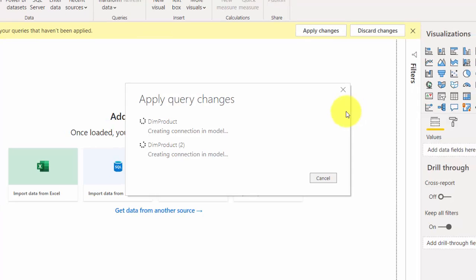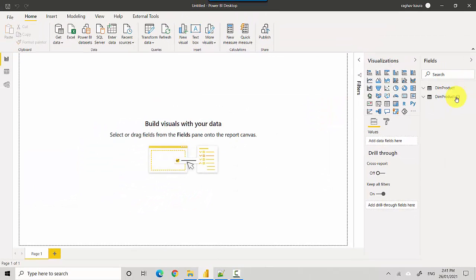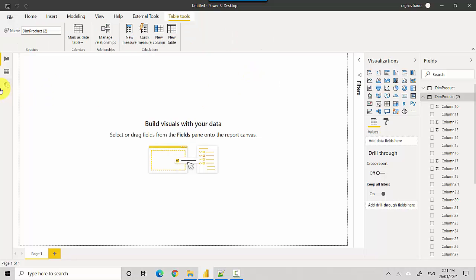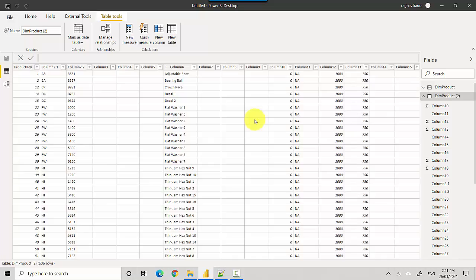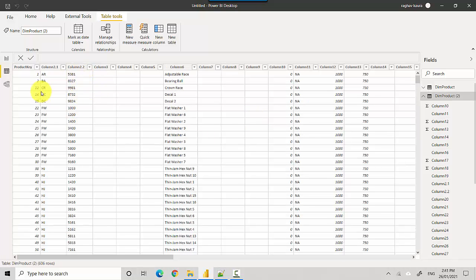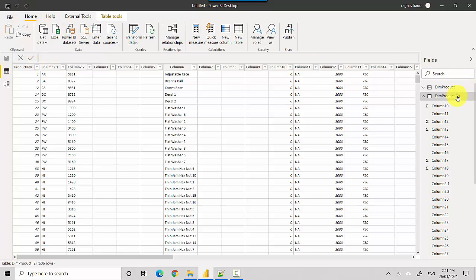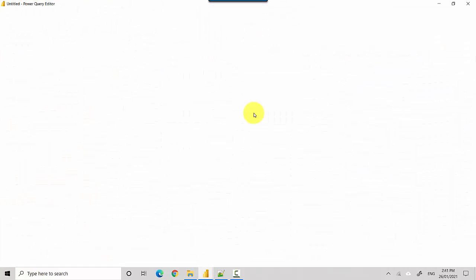So we'll just quickly wait. This is the one we've created. The earlier one is an experiment I was playing with before we got into this. You can see that it's got the product key column 2, column 2.2, and so on. Now from here, let's say I want to make further modifications to this. I can go on to transform data. This is the way to access the query editor again.